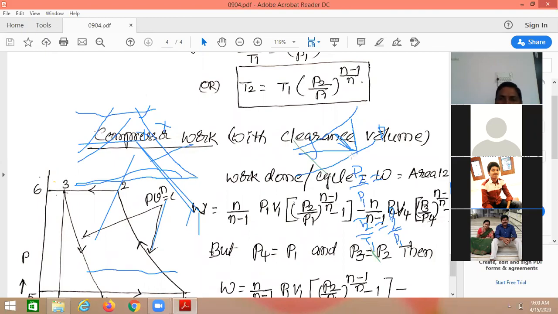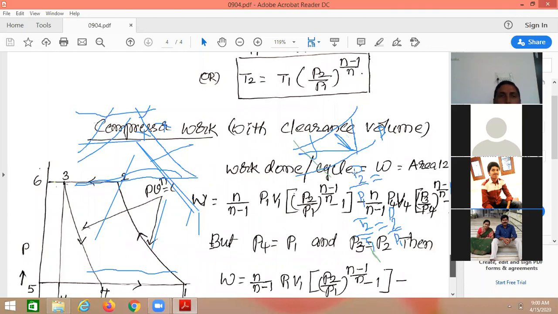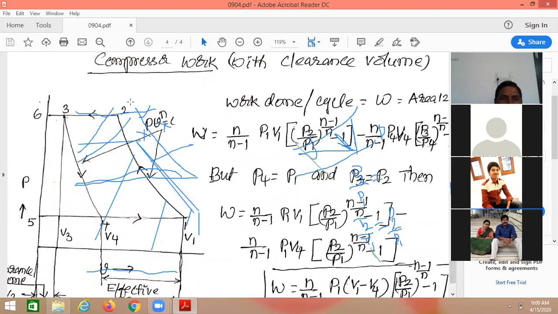The piston should not go and directly hit the valves. If that happens, the valves may get damaged, and the piston may get damaged. That is why some clearance practically should be provided. When we consider that clearance volume also for the free movement of the inlet and the delivery valves, how do we estimate the compression work? That is our next discussion.